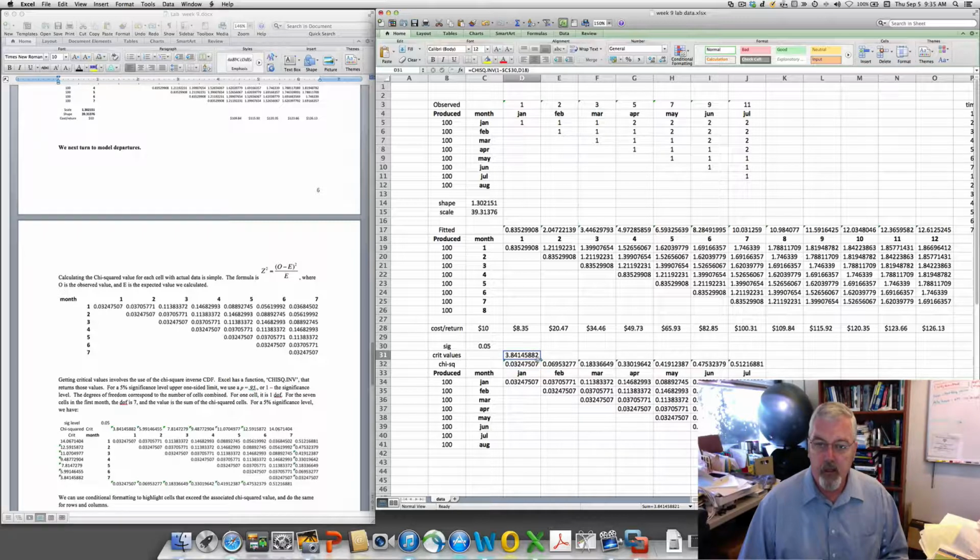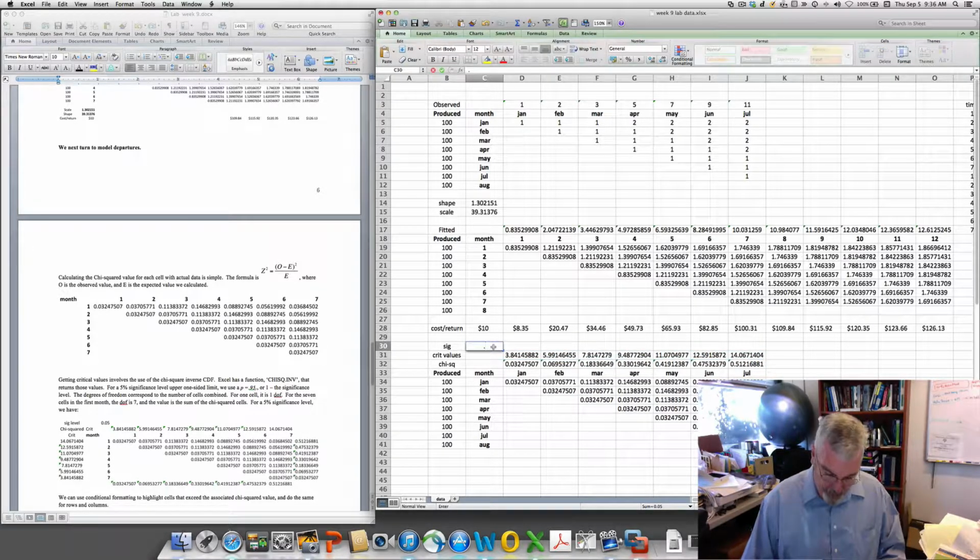Now I can take this and I can copy this over. And since I use the numbers above, I get the chi-squared values for each of the columns, because it's now for 7 entries, 6 entries, 5 entries, 4 entries, which is what it shows. And like we talked about in the class, what we have here is that these values are all much, much, much smaller against that. In fact, if I made this a 0.95,